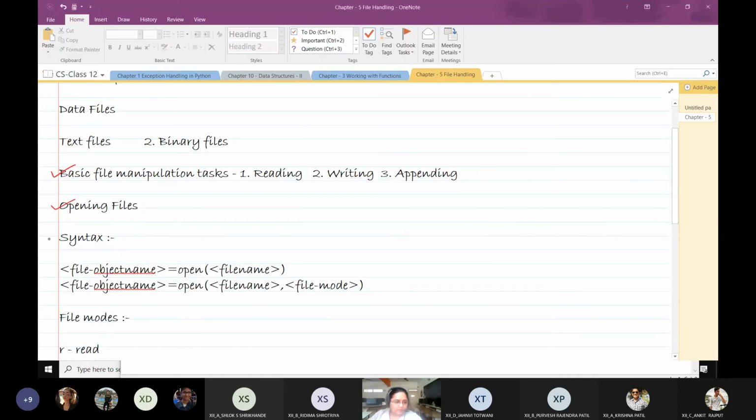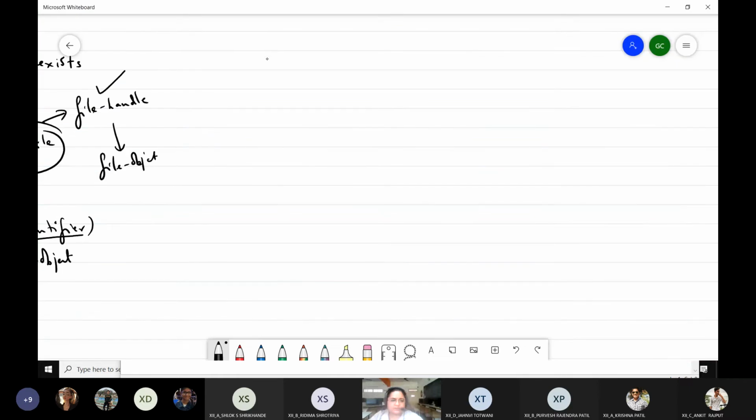Next, we come to the very first syntax of opening files. For this, we use a function named the open function. It is a built-in function, and you use this function for opening a file, that is, the series of the three steps which I explained. So what is its syntax? Note this very carefully.